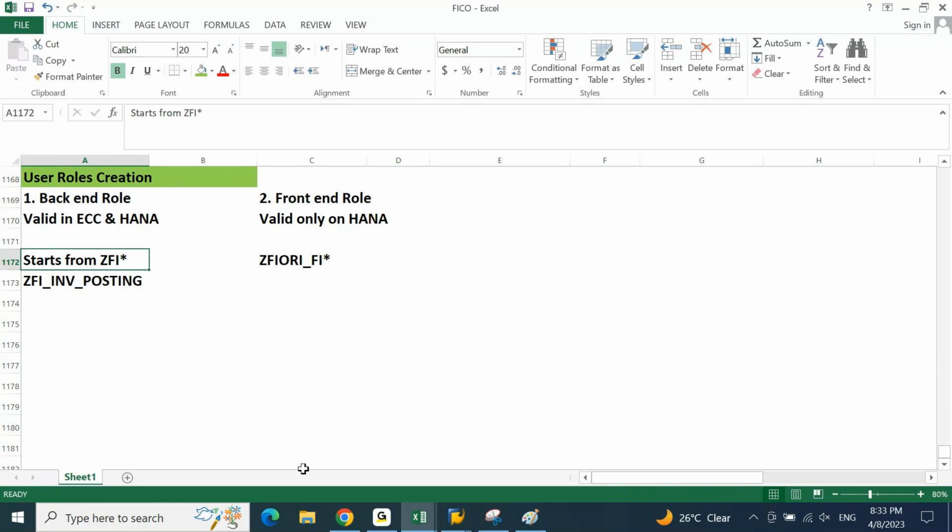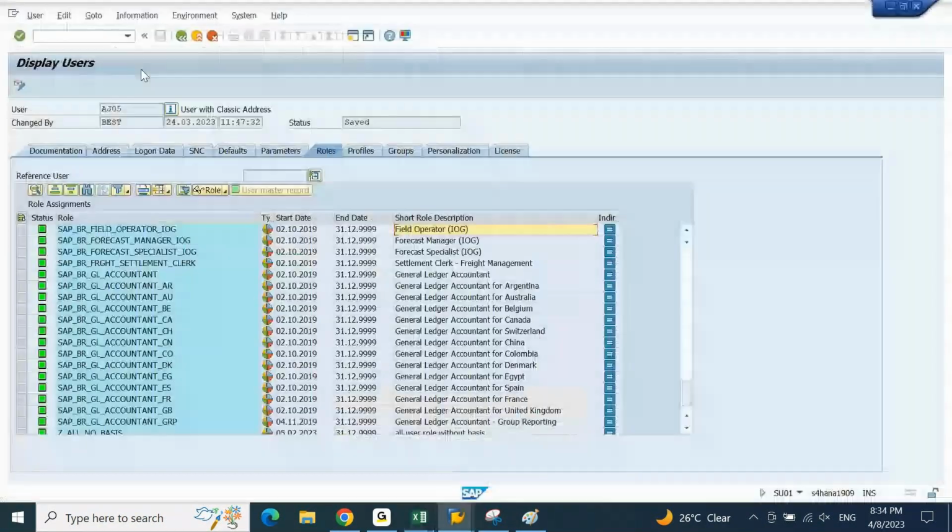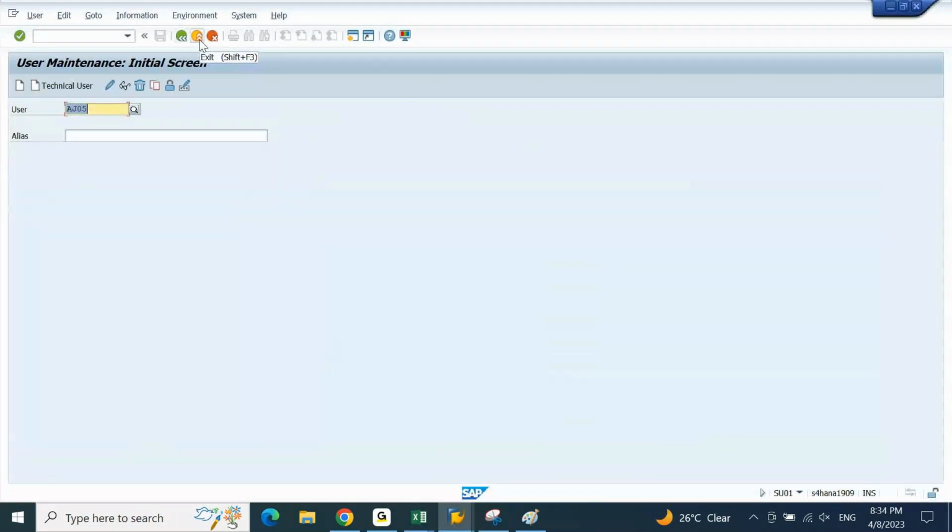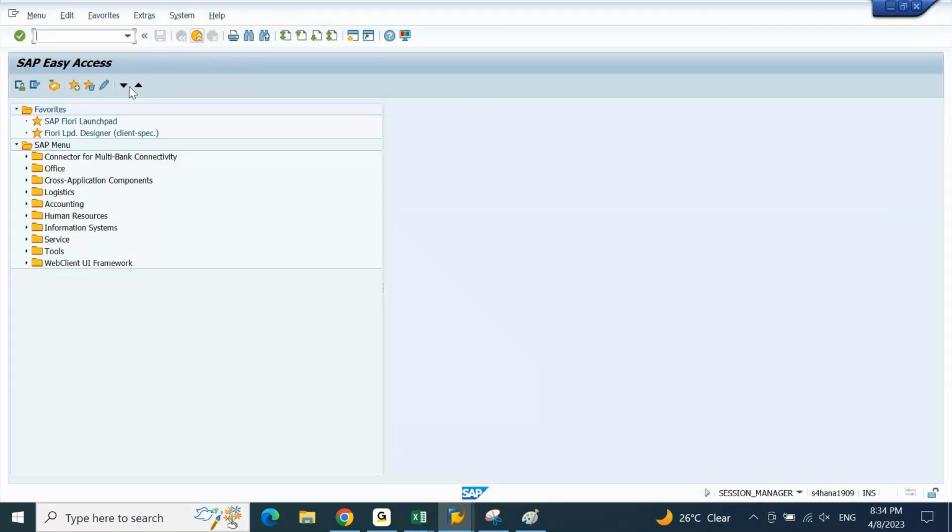Okay. Now the other thing is your front-end role. When we talk about front-end role, this is valid only on S4 HANA. This will begin from ZFIORI underscore module. If you're talking about FI module role, you start ZFIORI underscore FI. You will have Fiori screens like this. If you open this Fiori Launchpad,